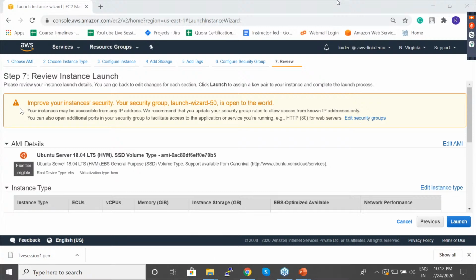If you're using a wrong key pair, if you're using a wrong private key, then obviously it will not be able to decrypt the public key. Then you'll not be given access to the instance. So that's basically it, a public key, a private key. If the private key is able to decrypt the public key, then you can log in.